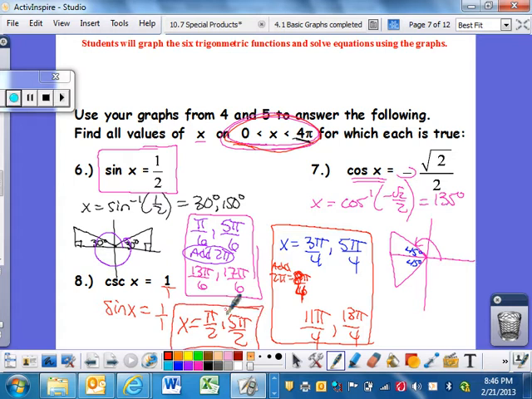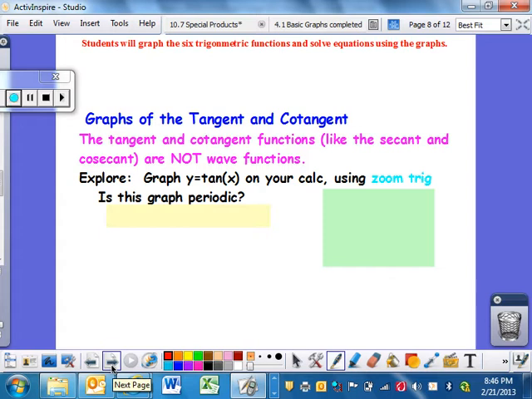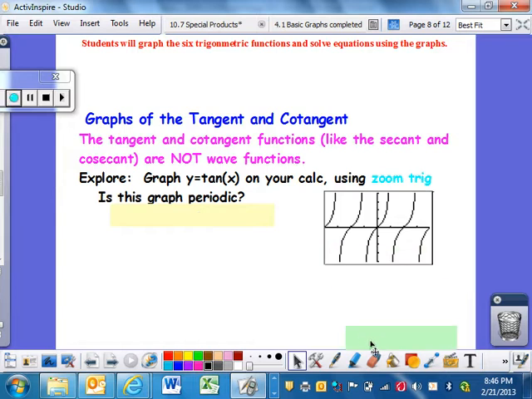Okay, so that's another quick example that we can look for. So the tangent and cotangent problems. That's the last ones we are looking at. So, if you put this in your calculator, I'm going to ask you, is this graph as periodic as the others? And the answer should definitely be no. Okay? So what you really want to think about is, why is it no? If you look at your calculator, that looks like absolute craziness. Okay? Now it's not periodic because